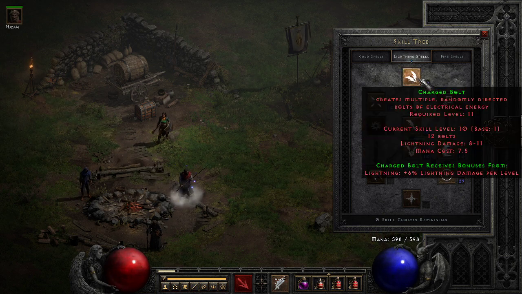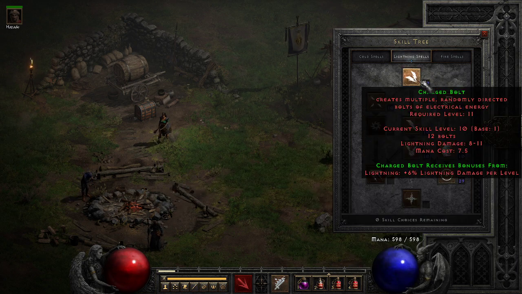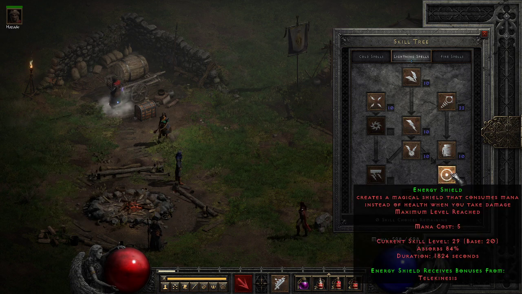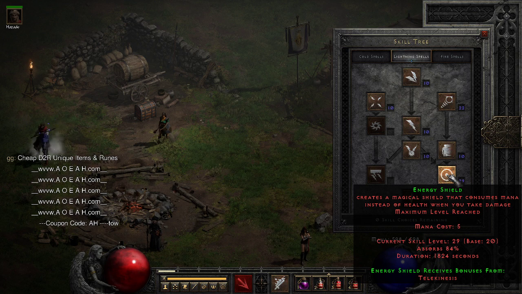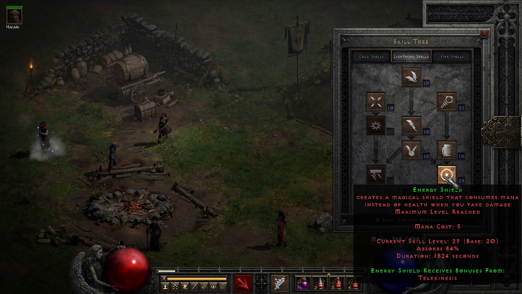So just for the sake of my build, as I said, I don't really want to fully spec into Energy Shield, so I did a kind of spec into Energy Shield. So I put 3 here, just for prereqs to get down to Energy Shield, max that out, and then I put the rest in Telekinesis. It doesn't really explain the synergy. Hopefully they'll update that, but I believe Telekinesis reduces the...